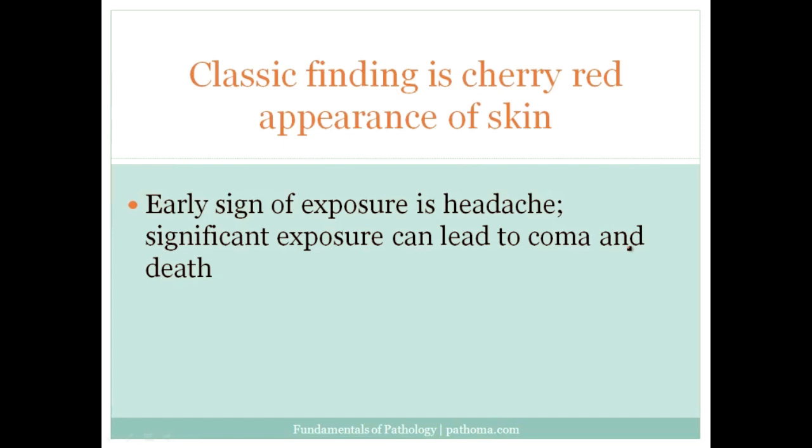Now, another important point here, and it's kind of high yield, is that most textbooks will list the various things that occur in stages as carbon monoxide poisoning progresses. For example, the earliest change is headache, and then the patients can get confusion, etc., until eventually it leads to coma and death. The progression to coma and death shouldn't be difficult for you to remember because, as I told you, it's a mechanism by which an individual could commit suicide. And so I don't think that's hard to remember.